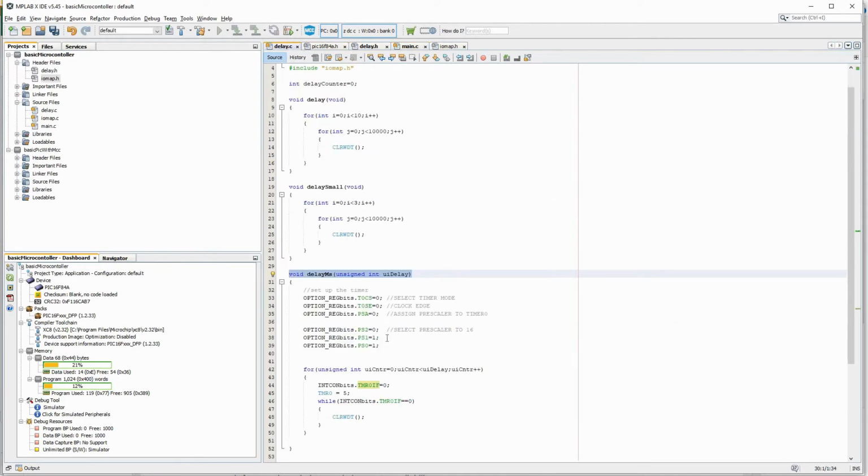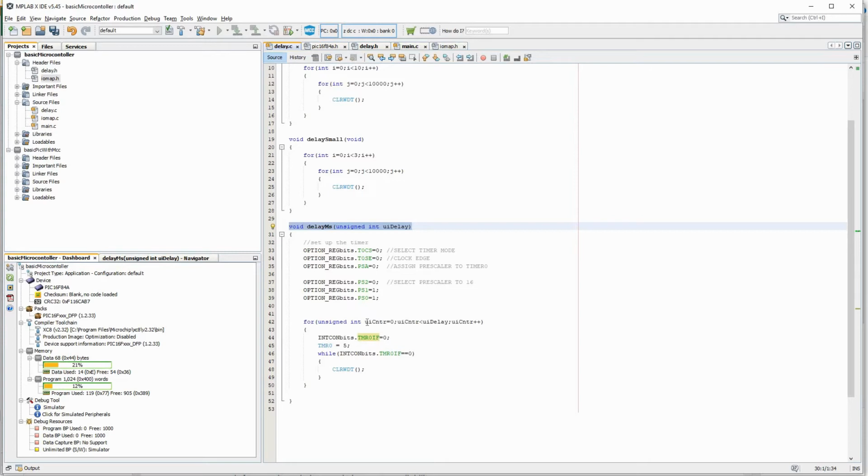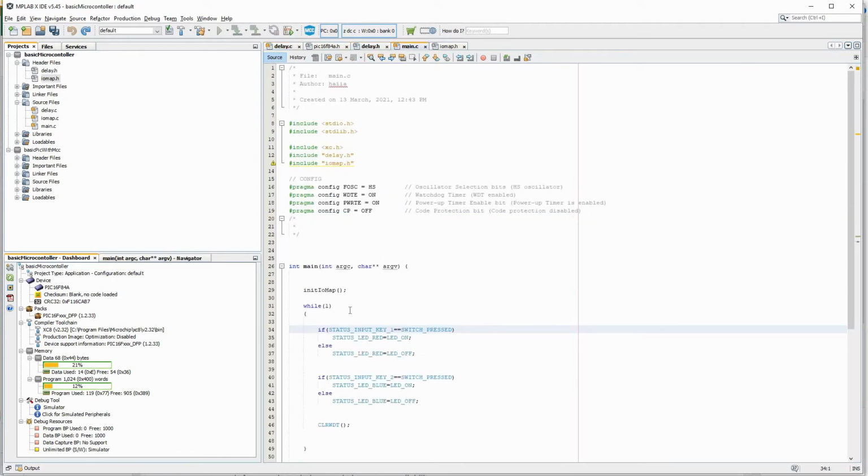So just to recap here, before I start using the code, I will clear the interrupt flag, set it to 5 so that it starts incrementing from 5, and I'll wait for this to go to 1. So when it goes to 1, it has overflown. So as per our configuration, 1 millisecond has been exhausted. So if I come to main,